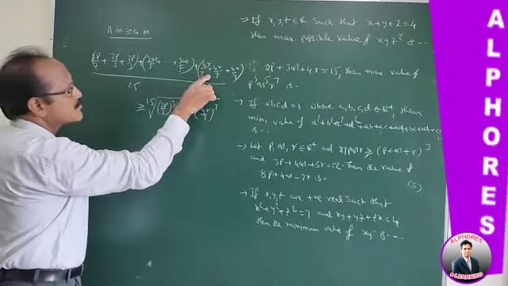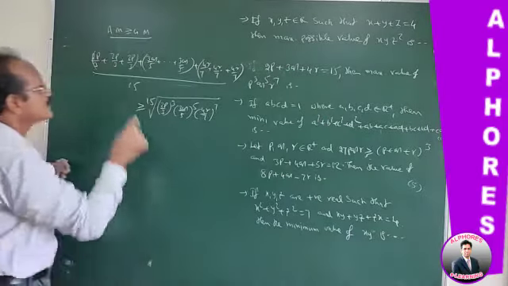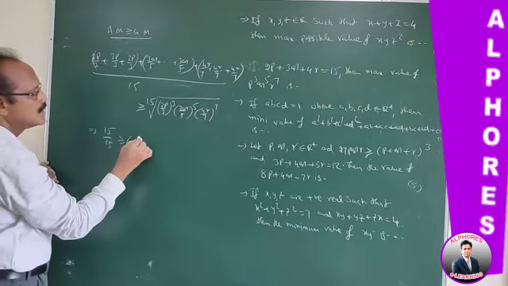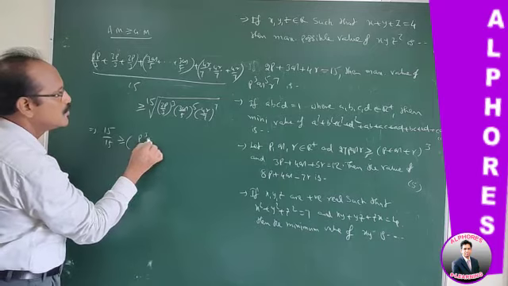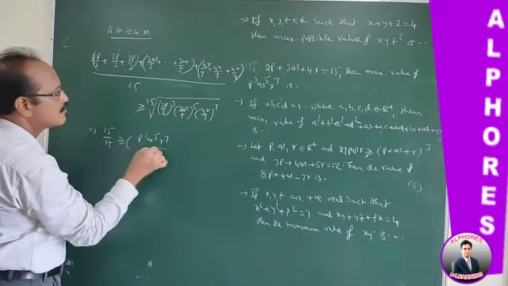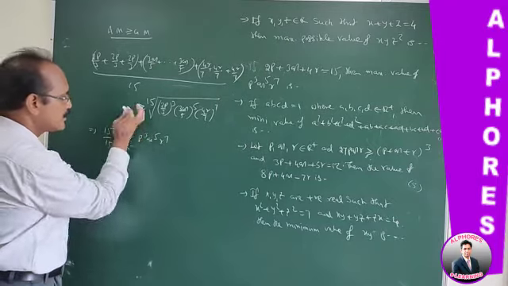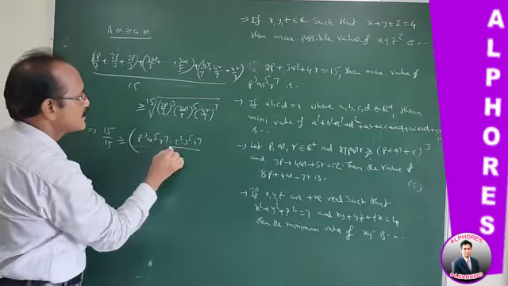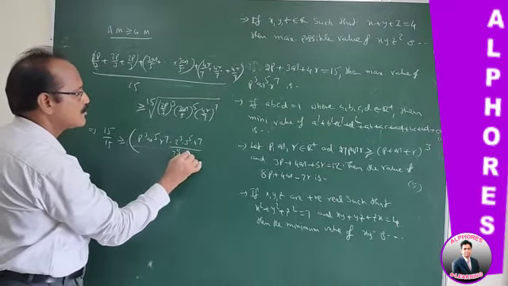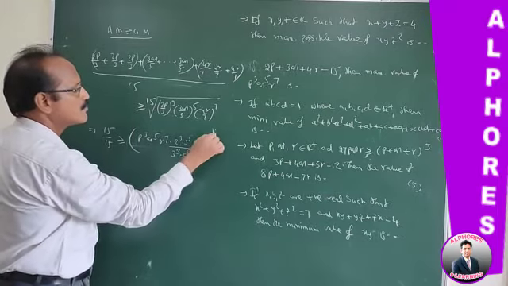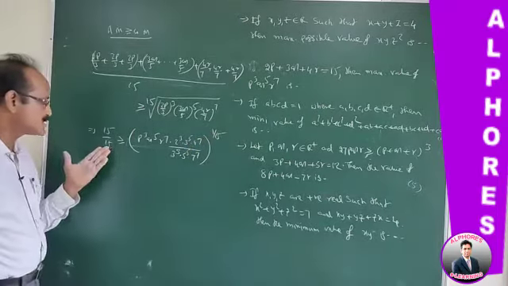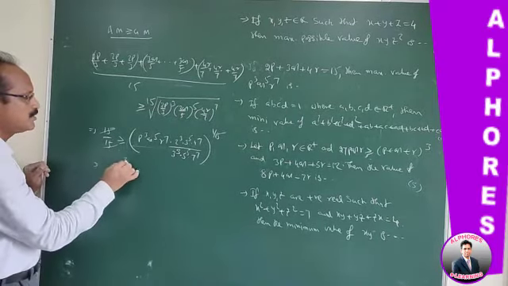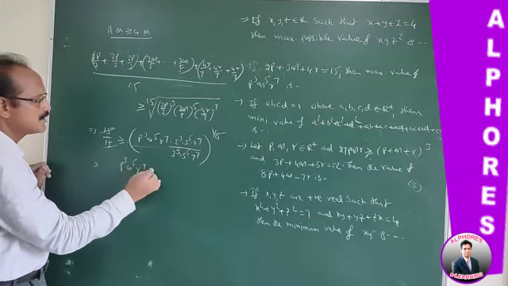Now this numerator sum is given as 15. That is 15 by 15 is greater than or equal to, here p cube q power 5 and r power 7 by r into 2 cube 3 power 5 4 power 7 by 3 cube into 5 power 5 into 7 power 7, whole power 1 by 15. Because the value is 1, we have p cube into q power 5 into r power 7 is less than or equal to